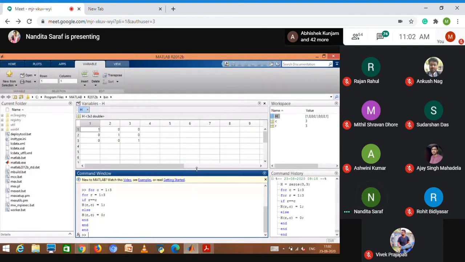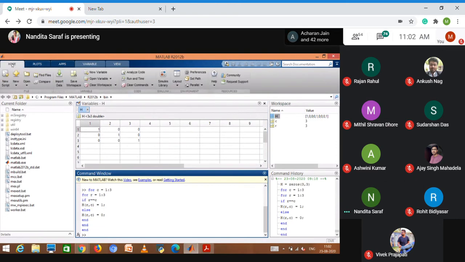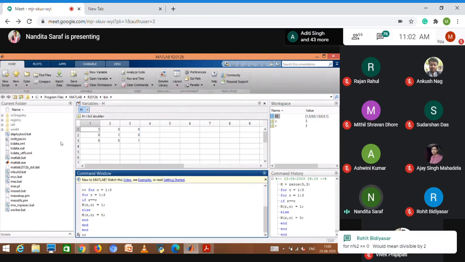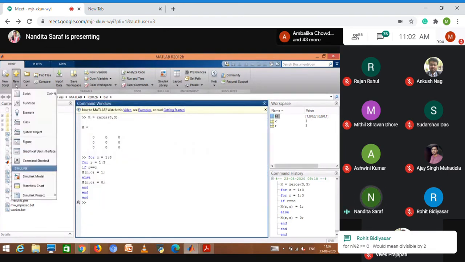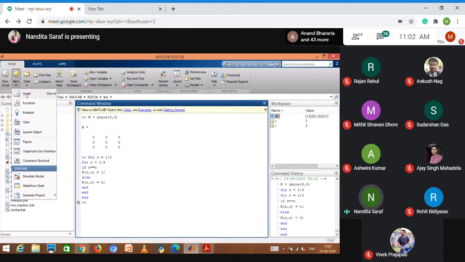Okay, so you know that we have a function file. In new we have a script file and a function file. Now I want to define some function.